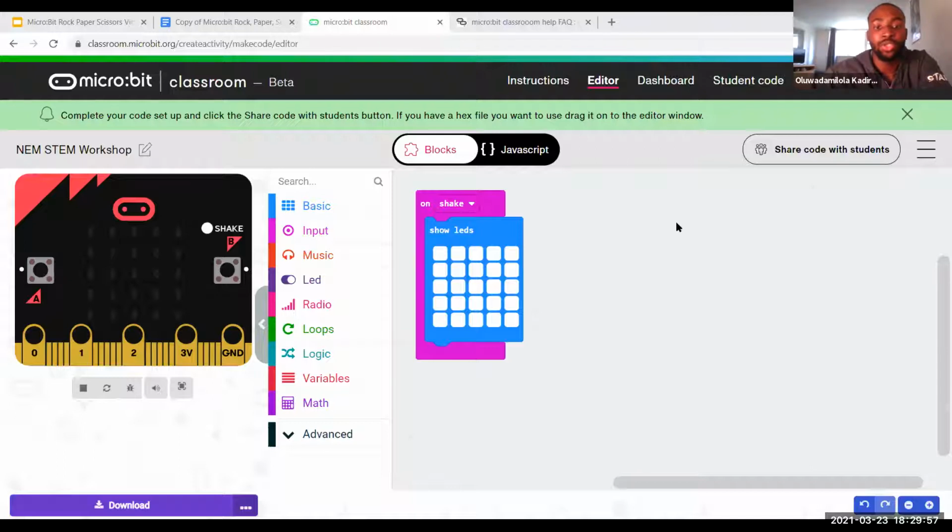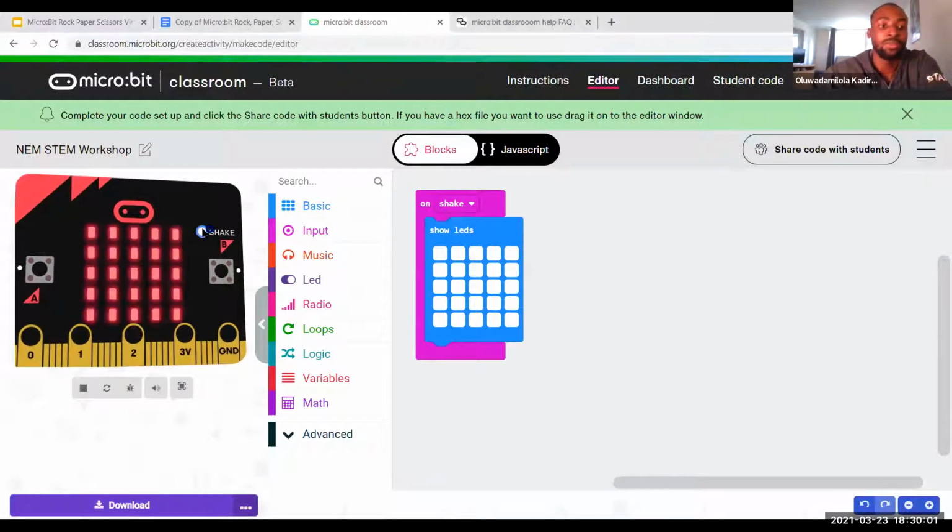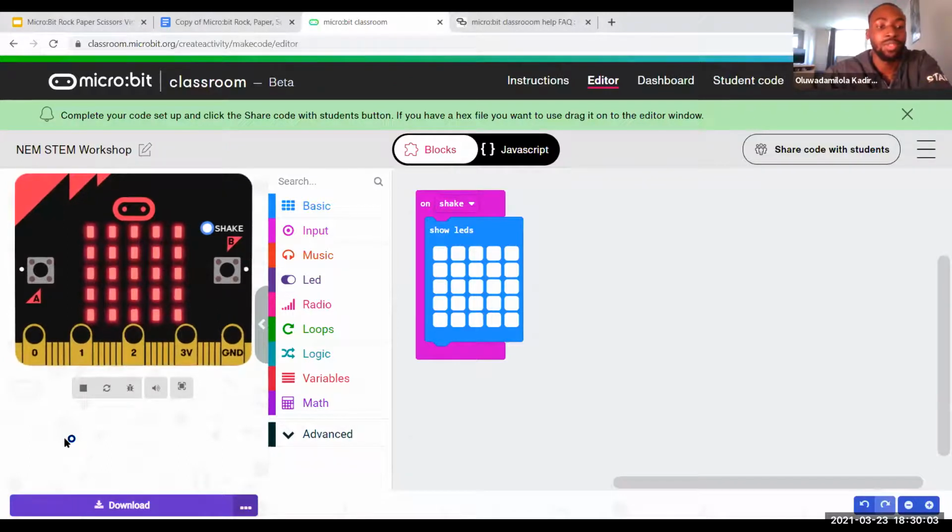Now to test out the Show LED block, just click on Shake. You see all the LEDs on your MicroBit light up. So now you know your MicroBit receives the shake command.